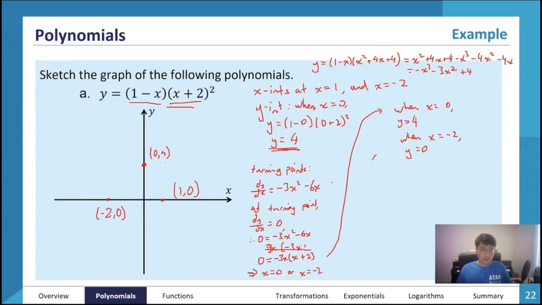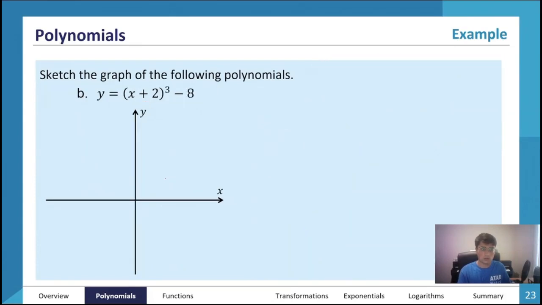Now, remember the shape of a cubic is a mountain and then a valley, but that's for a positive cubic. In this case, we have a negative cubic, and the reason is that the x cubed term, all the way over here on the top right, has a negative sign out front. So that means we're going to have a valley and then a mountain. Imagining how something like that would curve through these points, it's going to look something like this. So we're going to come down, hit that point, and then we have another turning point at 0 and 4. And then we're going to come down and go through that next x-intercept. So that's how you sketch